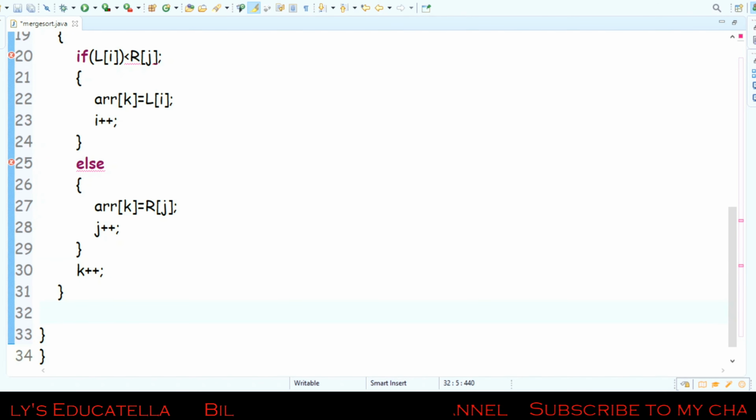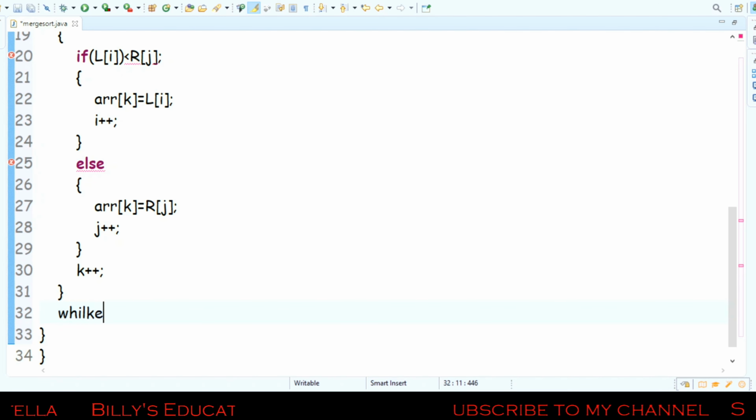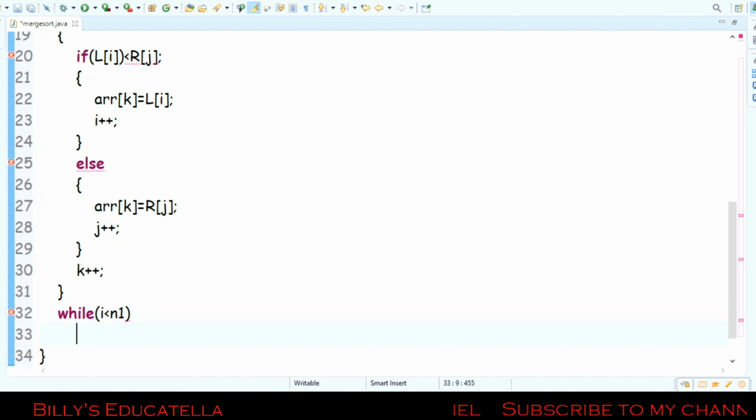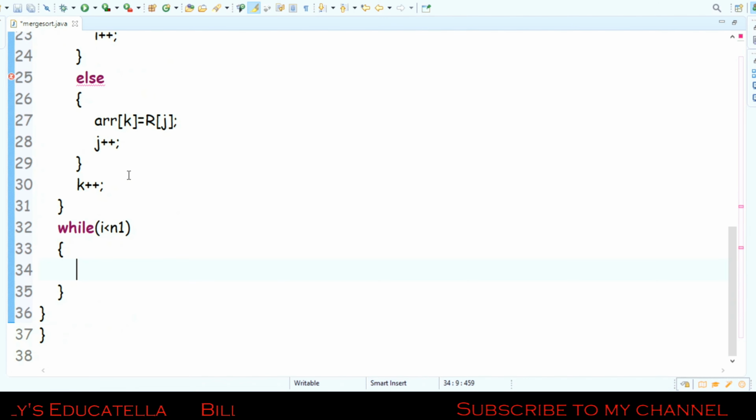After that, for the left subarray, if there are any remaining elements, I take n1, the size of the left subarray, which is equal to mid minus left plus 1.